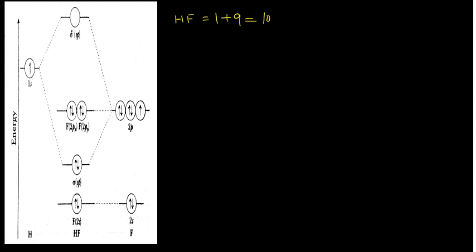Now this is the molecular orbital diagram. As I already told you, you should know the molecular orbital diagrams and fill the electrons in it. So for 10 electrons, you have filled electrons here. See, this is 2, 4, 6, 8. 8 electrons are there. The remaining 2 electrons are actually the 1s electrons, which they haven't shown here. So 1s electrons are there, but they haven't shown them. Don't worry, this will not make any difference.